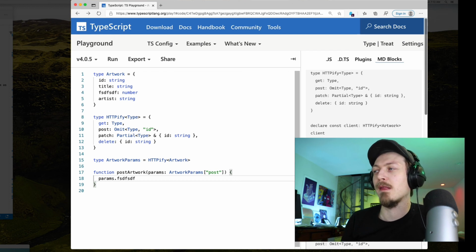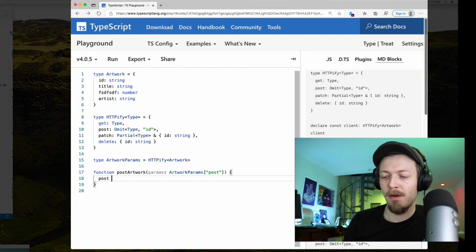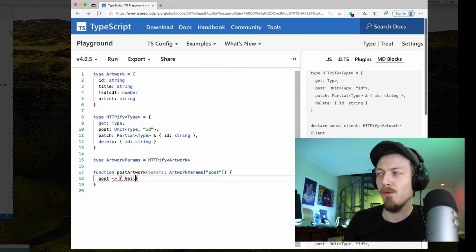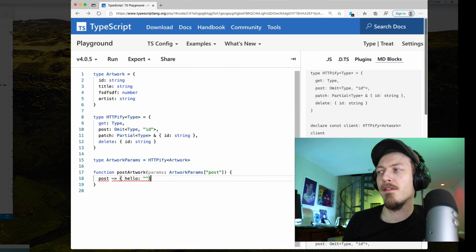Let's say we thought it made sense to add a pipeline operator where you could do something like this, post then some data. TypeScript, the programming language, has a strong design rule that it cannot add new features to JavaScript, so stuff that goes into the runtime.